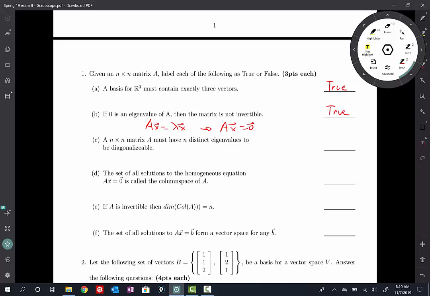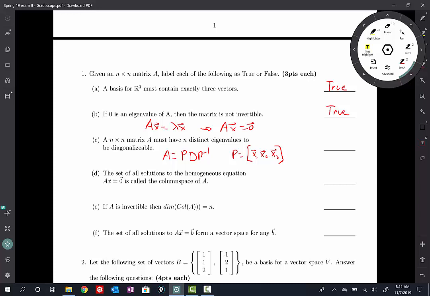C is an n by n matrix A must have n distinct eigenvalues to be diagonalizable. So to be diagonalizable means we can take A and rewrite it as P times D times P inverse, where D is a diagonal matrix. Now our process for doing that forms P as the eigenvectors of the matrix as columns. And D, the diagonal entries, are the eigenvalues. Now, if we have n distinct eigenvalues, it is true that we'll have n eigenvectors, and we'll definitely be able